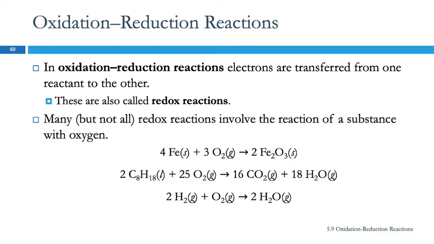Section 5.9, oxidation-reduction reactions. In an oxidation-reduction reaction, electrons are transferred from one substance to another. That's a lot of syllables, so we often just call these redox reactions, with red for reduction and ox for oxidation. A lot of redox reactions involve something reacting with oxygen, and that's actually where the name oxidation came from